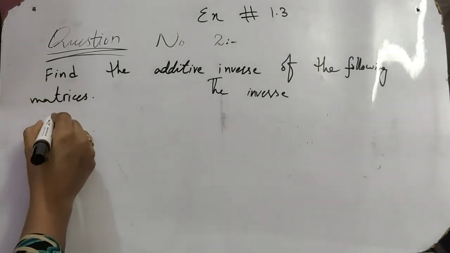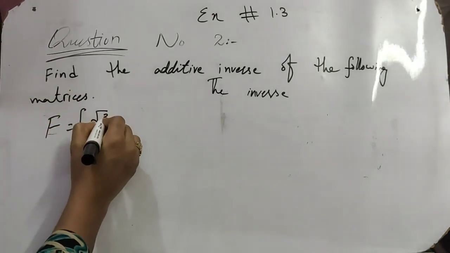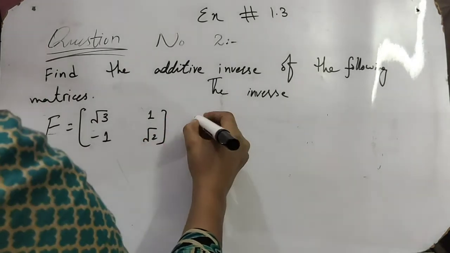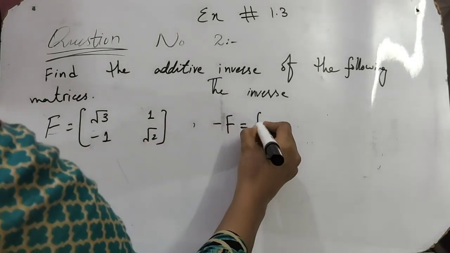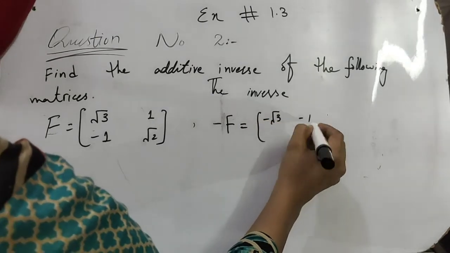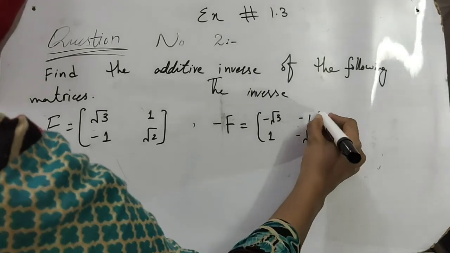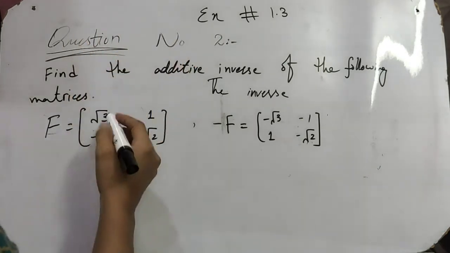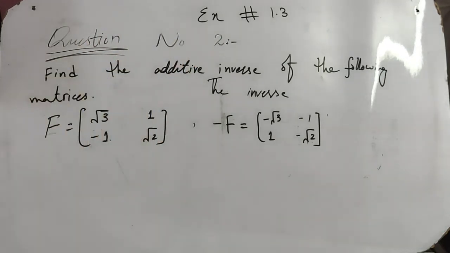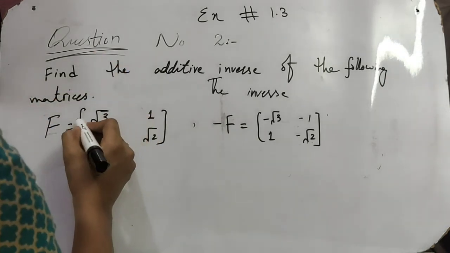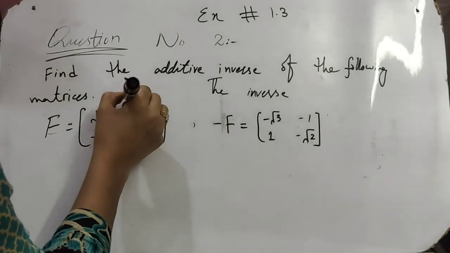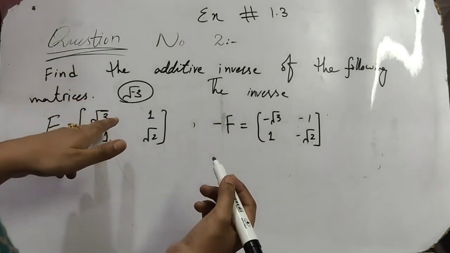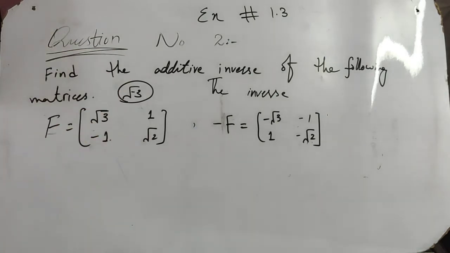The next part is F, and F is equals to square root 3, 1, minus 1 and square root 2. So the inverse will be equals to minus of F, which is equals to minus square root 3, minus 1, 1, minus square root 2. The minus will come with the square root 3, not under the square root, because if minus 1 comes under the square root, then it will totally change. Okay,